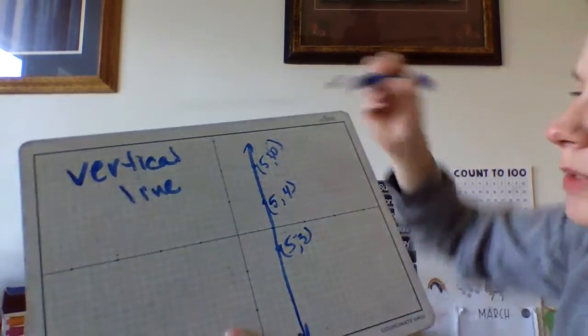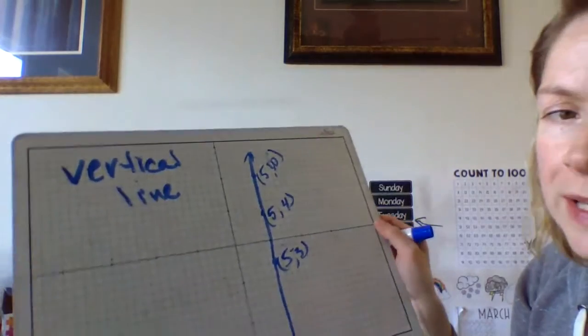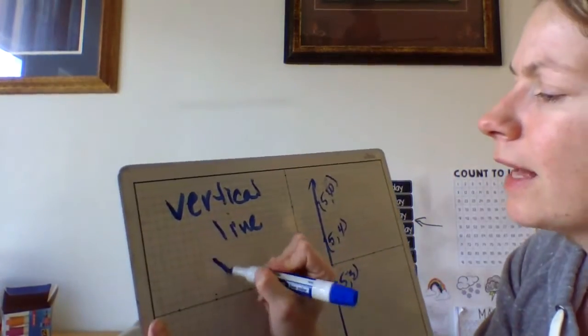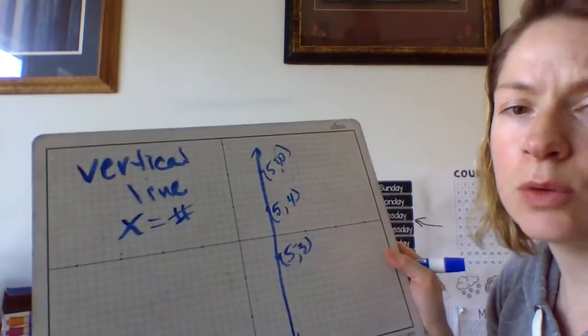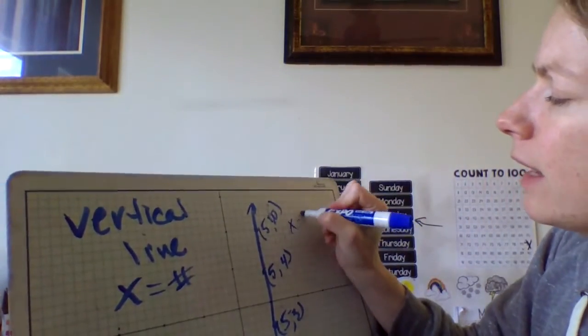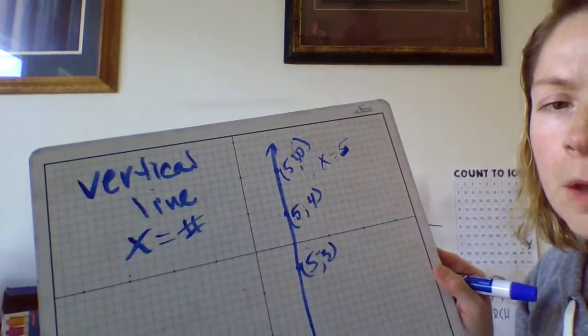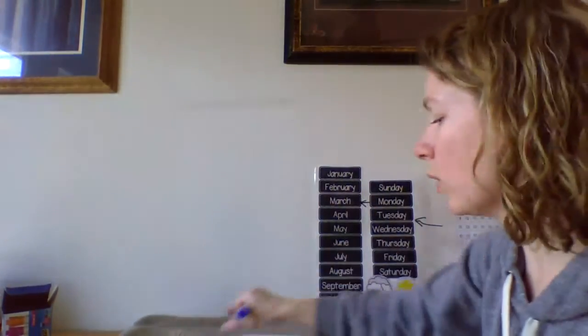Okay. You'll notice all of those x coordinates are the same. So anytime that you've got a vertical line, it has the form x is equal to some number. So in this case, x equals 5. Okay? If I'm looking at a horizontal line,